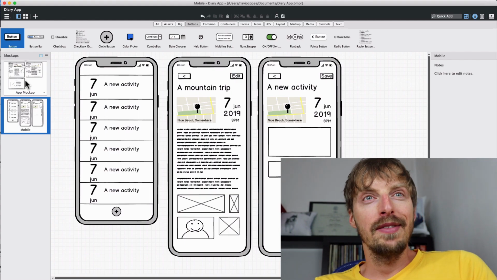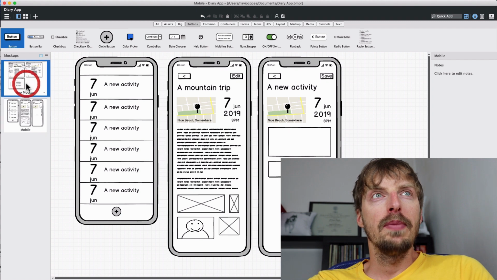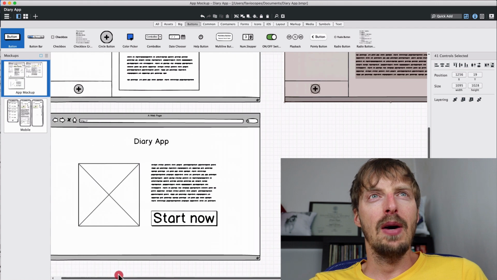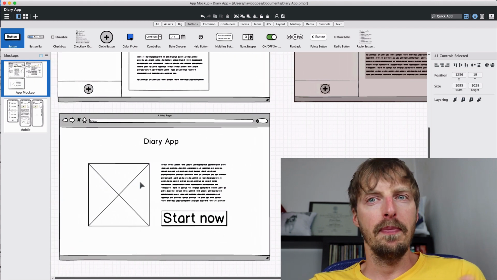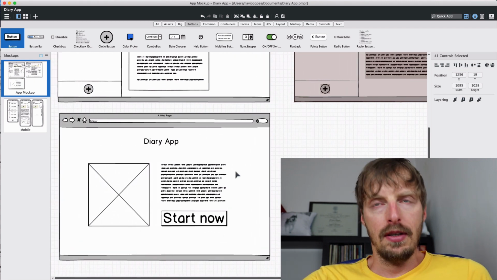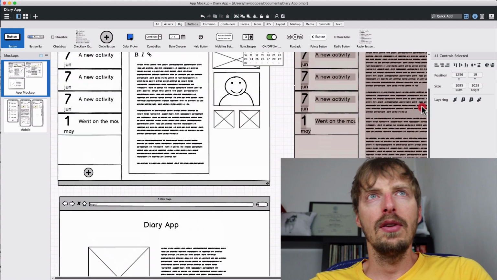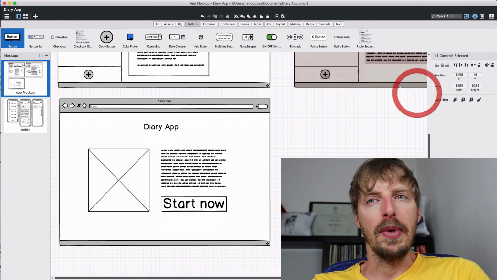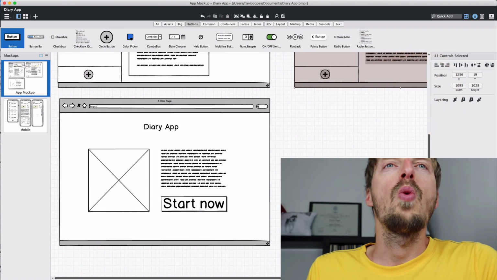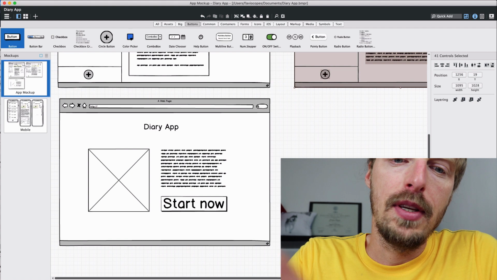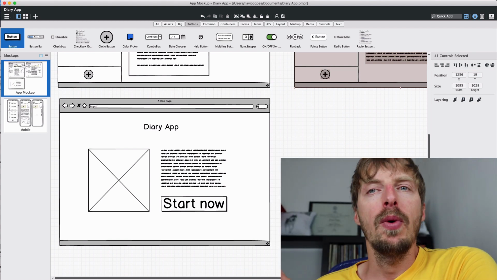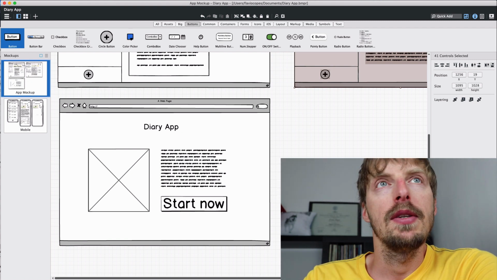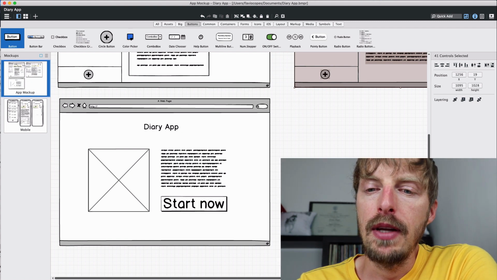So now that we have the mobile mockup in place, I want to go back to the desktop mockups here. As you can see, we have our application landing page. And how do we get from this screen to getting the user to use our application? We need to have a way. For example, we have the start button here. When the user presses the start button, what I want to do is immediately get them